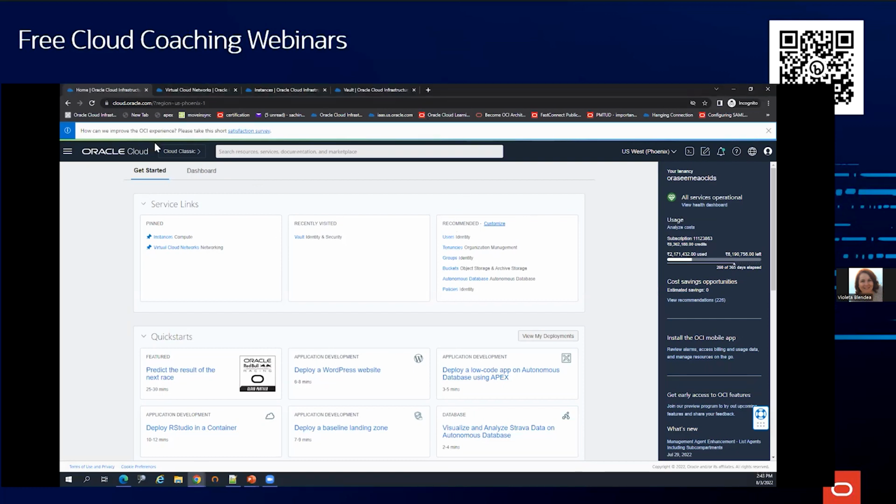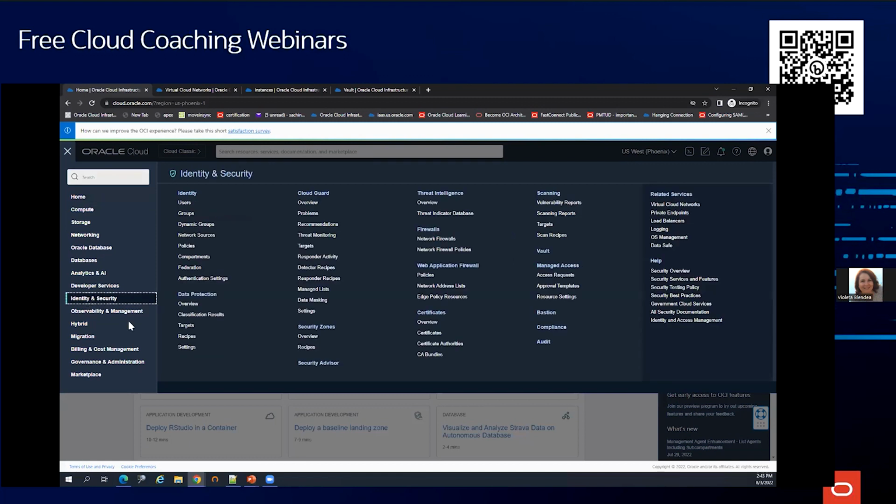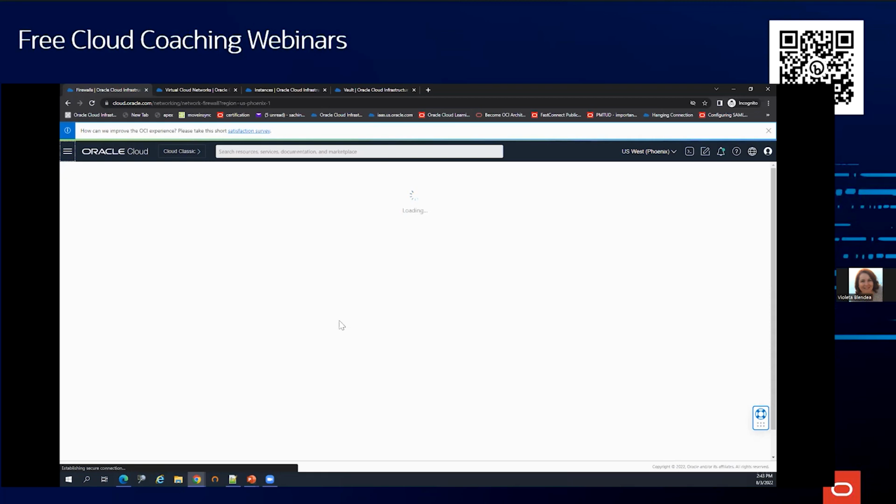Sure. So this is how the OCI console looks. I'll just go through where you can find the network firewall over here. If you take your mouse cursor to this hamburger sign on the left side, you can see an option of identity and security. When you click on identity and security, you can see a firewall section which contains network firewalls and network firewall policies. If I click on firewalls over here,